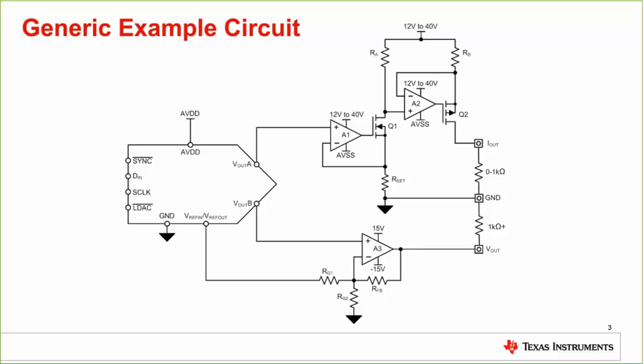In this particular case, I mentioned 12 to 40 volts because that's what ended up being realized by this design. So we actually have 4 volts of headroom on the high side. And we'll get a little bit more into the implications of this particular structure for a high side current source. But it's quite typical for current outputs in these systems to be in a high side configuration.